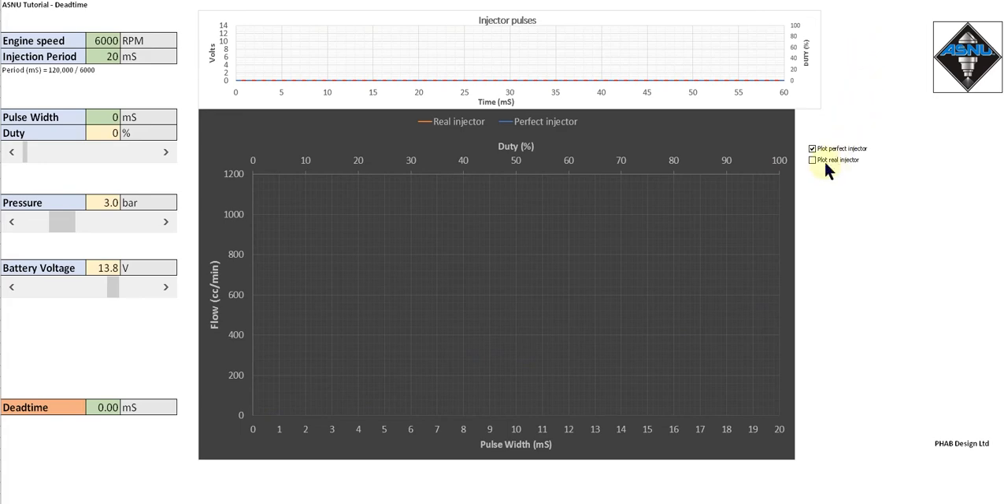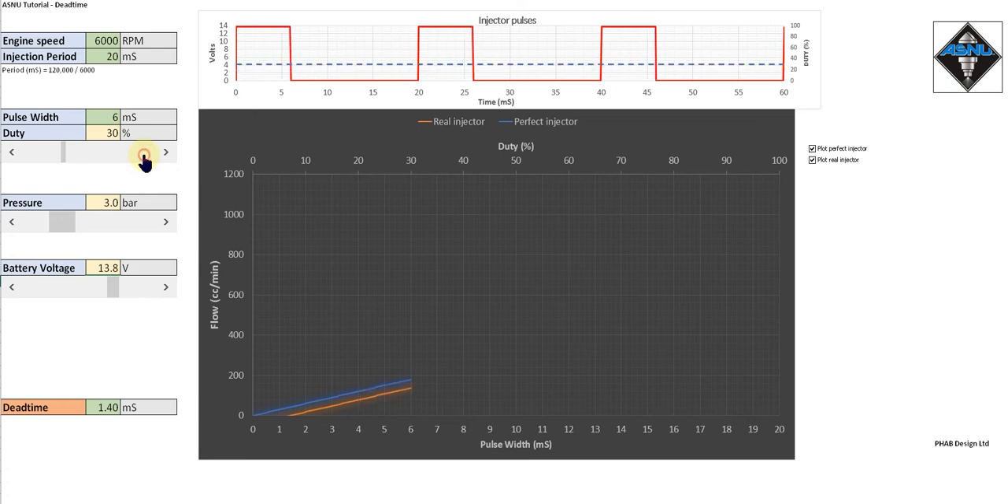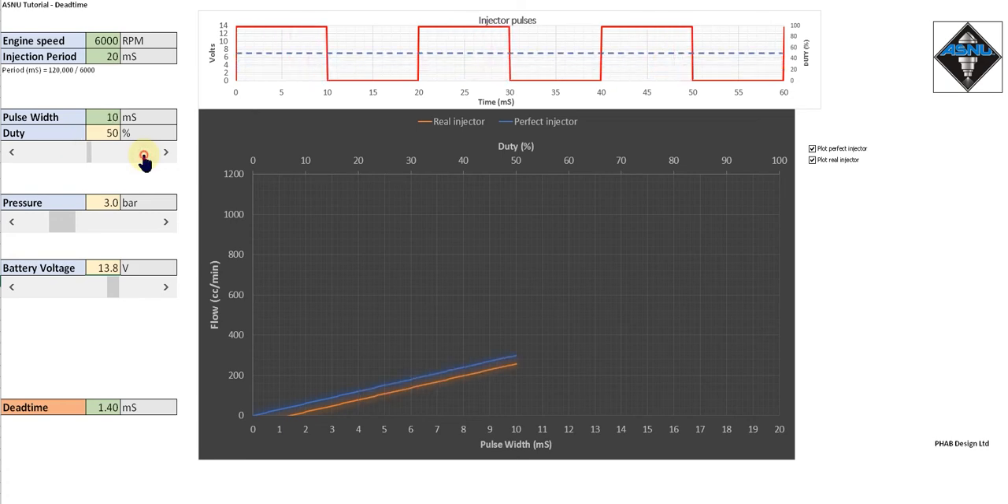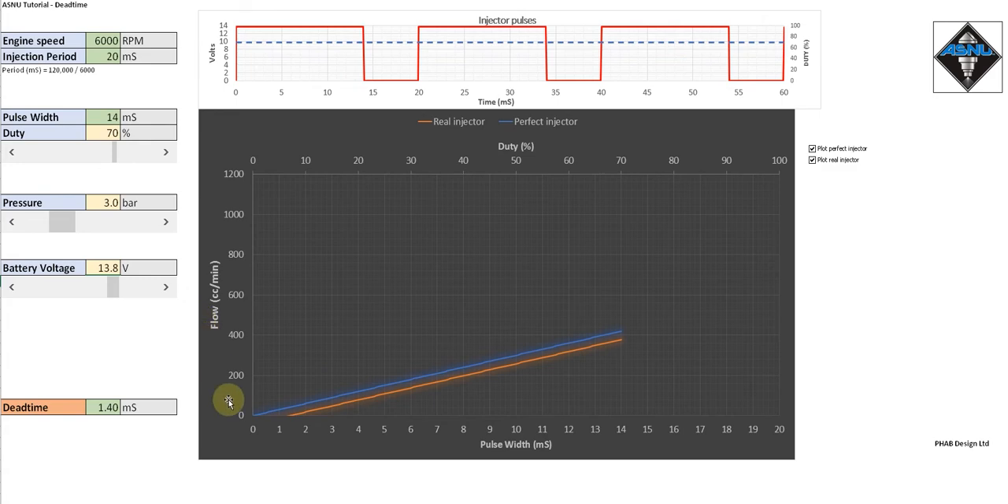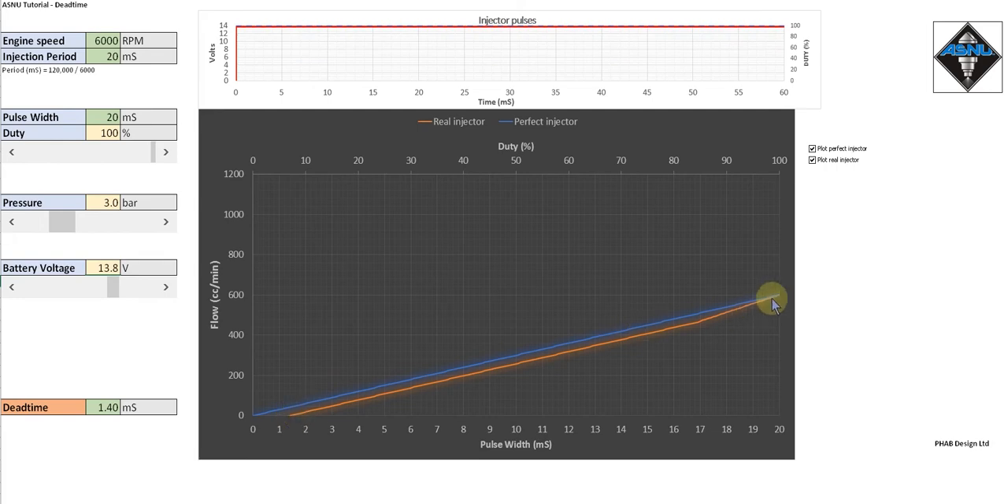Now let's also look at a real injector. So if I increase the pulse width again and the duty cycle, we can see a real injector follows a perfect injector, but it has this offset. So there's a delay between the pulse and the flow. So if we carry on increasing the duty up to 100%, we can see that both end up delivering 600